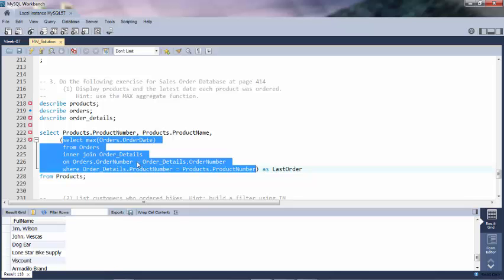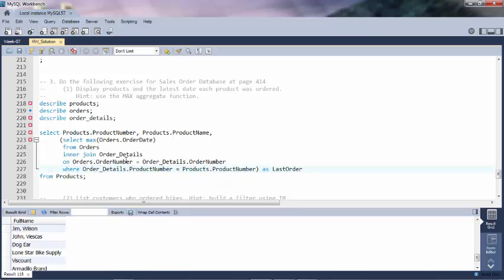After we have that, it's named as the last order. So in this particular one, what we're doing is we're going to select the maximum order date from orders, and we're going to inner join this orders table with the order detail table. And because in the orders table we do not have the